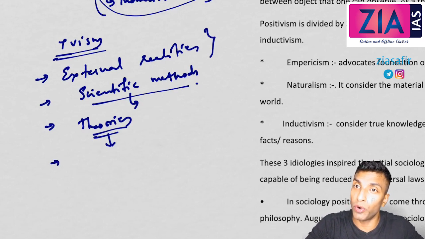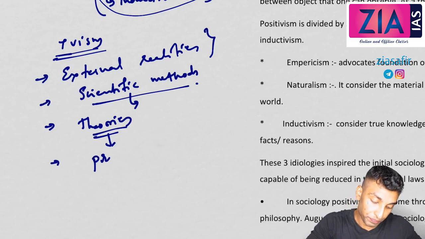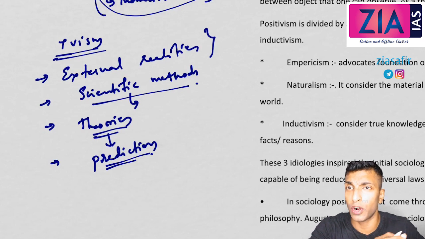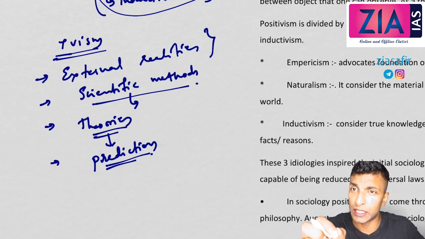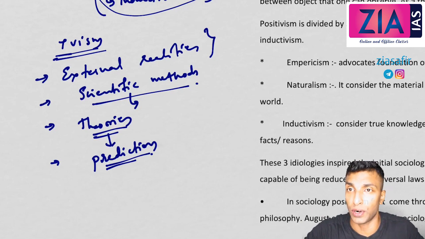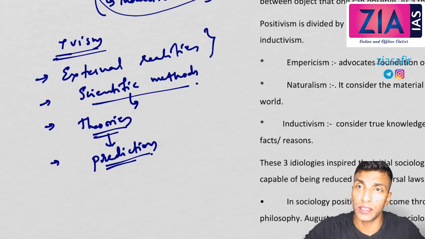Not only theories. Here one more important element is prediction. If you remember, when we discussed the emergence of sociology, sociology emerged because of problems in medieval Europe after modernity, the problems posed by modernity. That is the context of sociology, and I've told you it was to explain these changes, to provide solutions, and also to predict the future of society. A new body of knowledge is required, and that's the context for sociology. So prediction is also considered important.